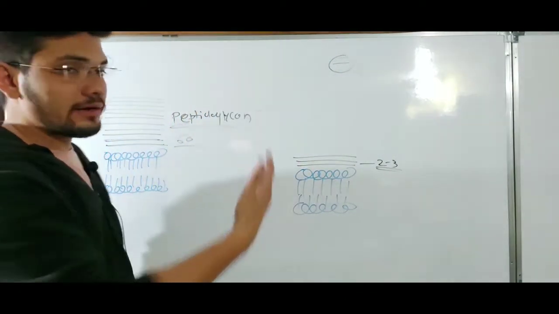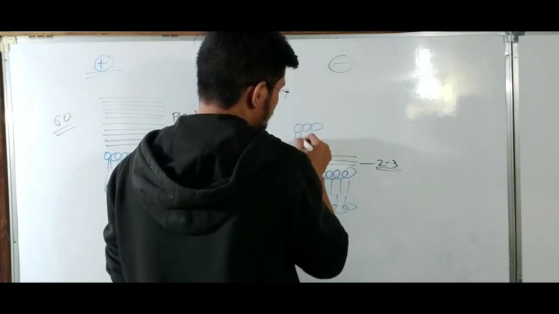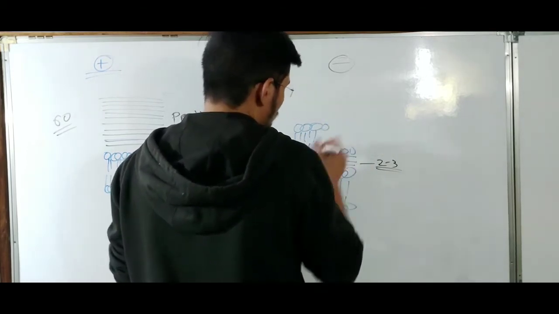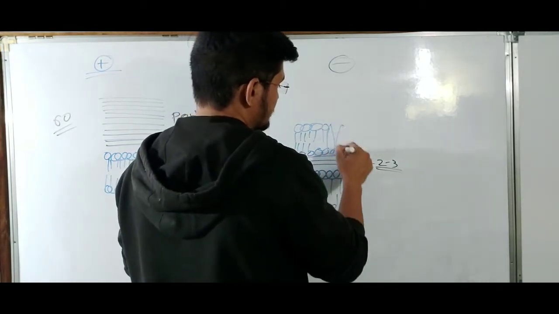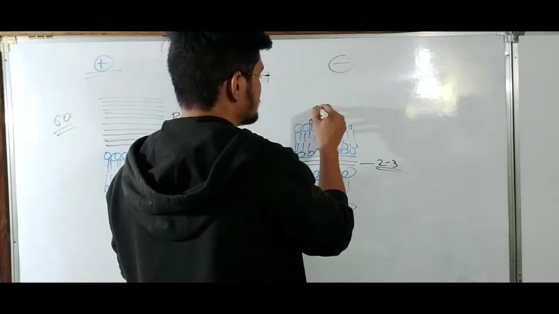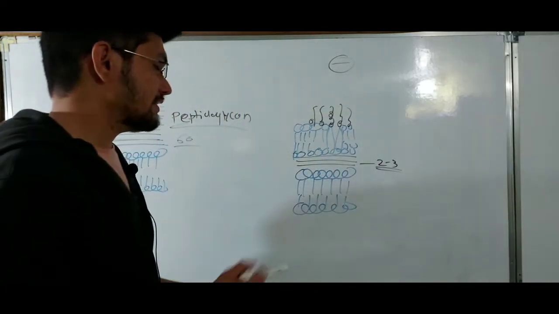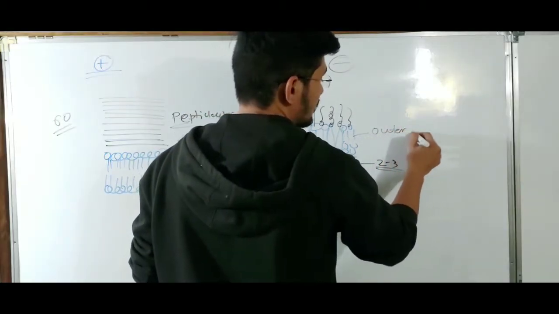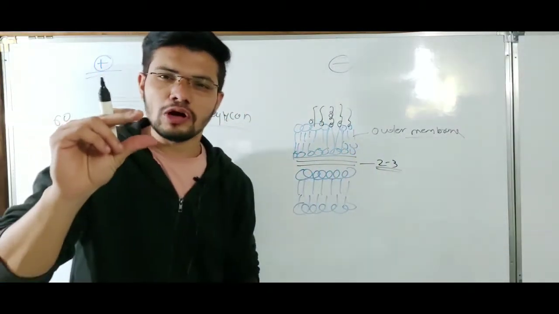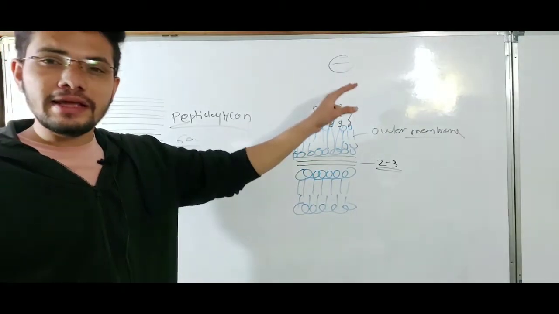And there is also one extra layer in the case of gram-negative. It is known as the outer membrane. It also involves some phospholipids and some lipopolysaccharides on its surface, like this. So it has another layer, the outer membrane, and in between these two membranes there is a thin layer of peptidoglycan, up to 2 to 3 layers, in the case of gram-negative bacteria.